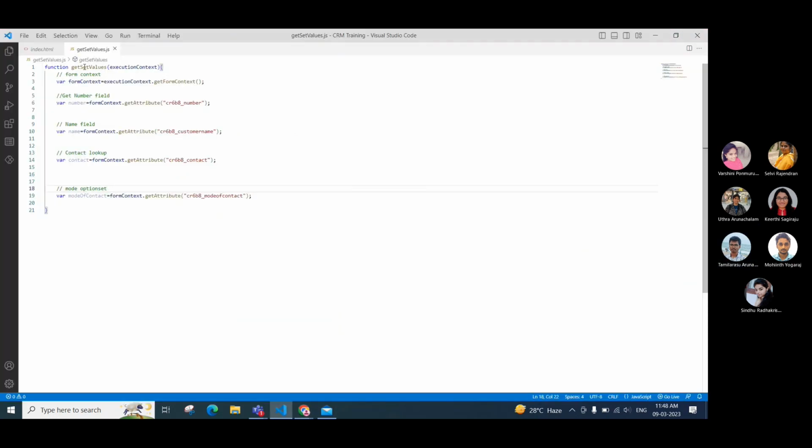So get the form context. First, we see the number field. We have to use the logical name for all the fields. To get the field, you have to use the function get attribute with the logical name in the. Then